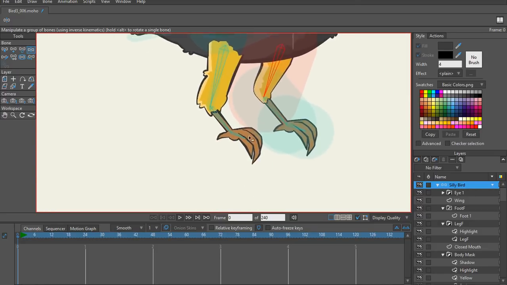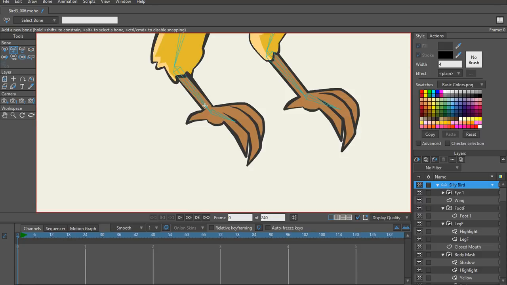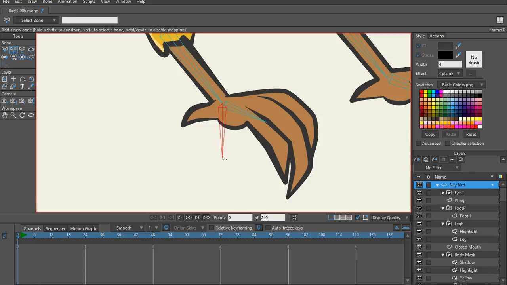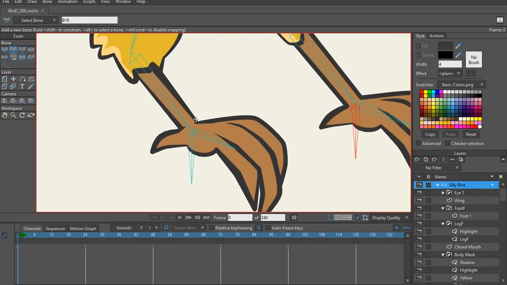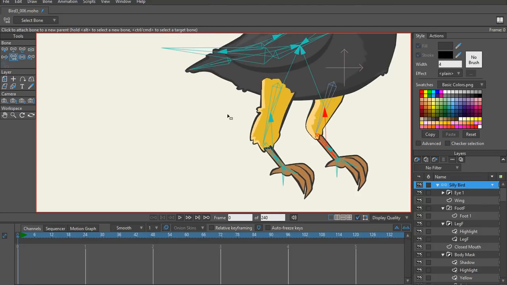let me set up some smart target bones again on this really quick, and then we'll wrap it up from here. So what I'm going to do is create two target bones one more time, and I'm going to go ahead and make that into a target bone, make that into a target bone. Okay, so now when he bends